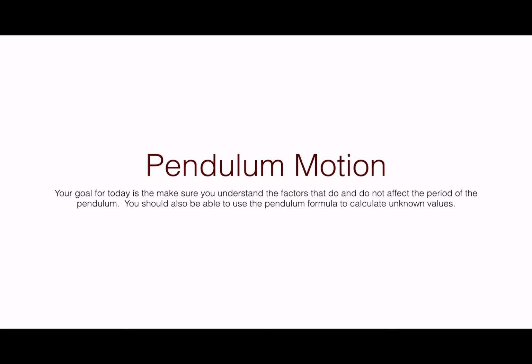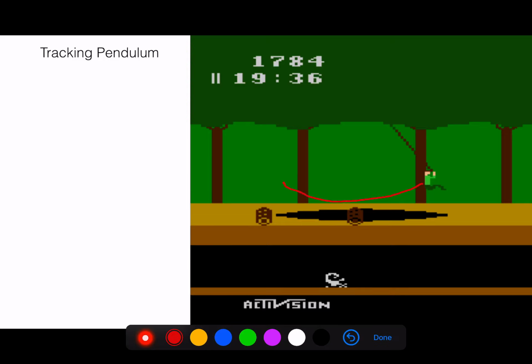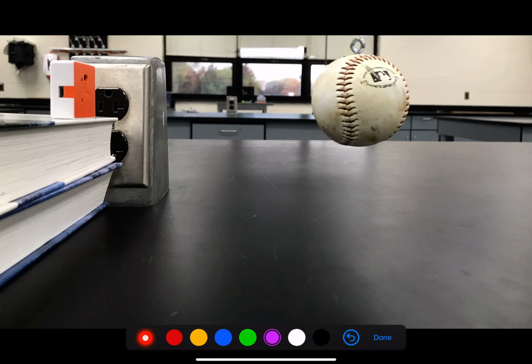We want to relate what we learned in lab on Monday to the sine curves we learned later in the week. We want to start by trying to track a pendulum. So if we have a game like Pitfall and we want to model nature and figure out where our object is going to be at each moment in time, we need to be able to figure out the math of